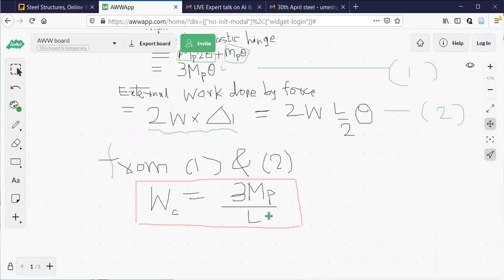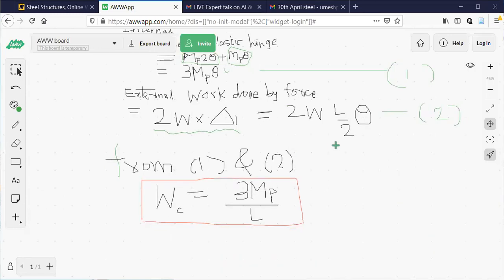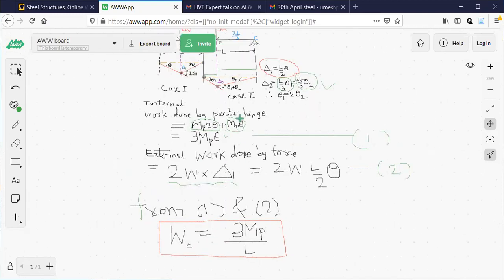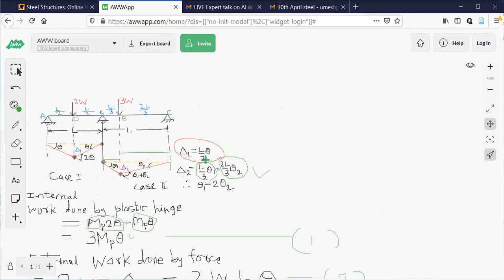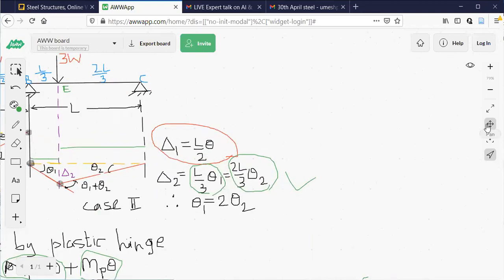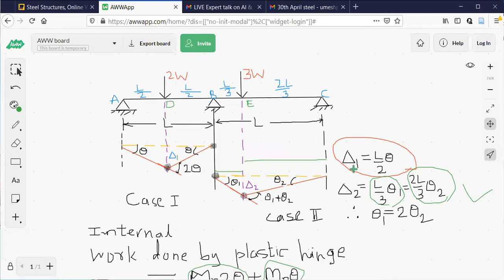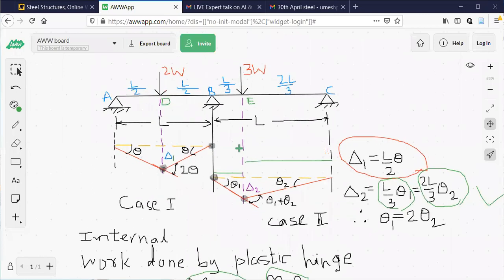Any doubts are there? I'm not going to solve extra problems here today. I want to concentrate only on this. Only this problem I'll explain, so that you should be able to solve it. If I give notes, solved examples, I'll solve and I'll share the notes. You should be able to understand those solutions. That is why you understand this problem properly.